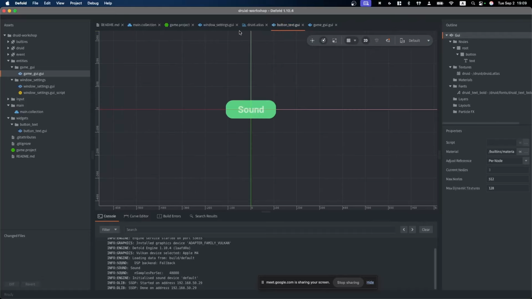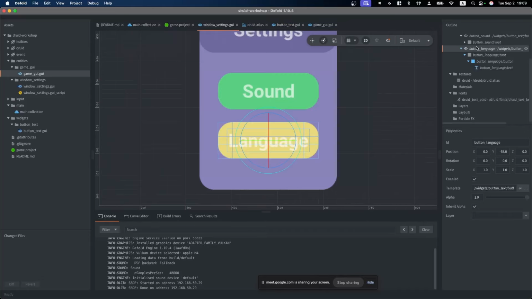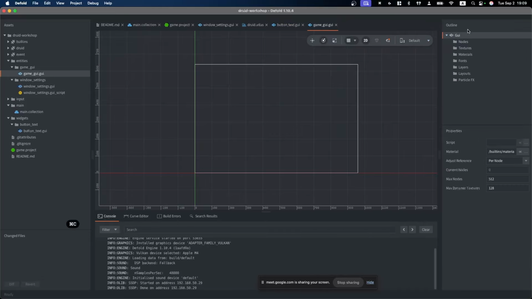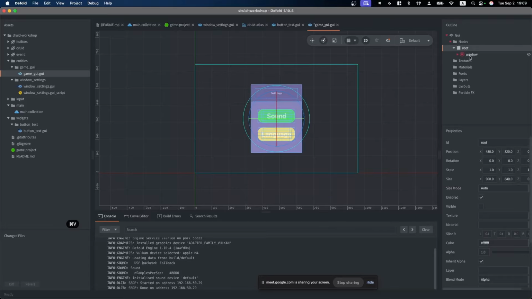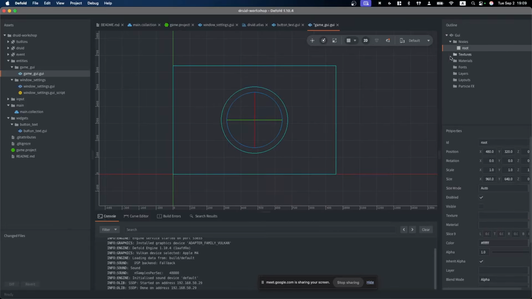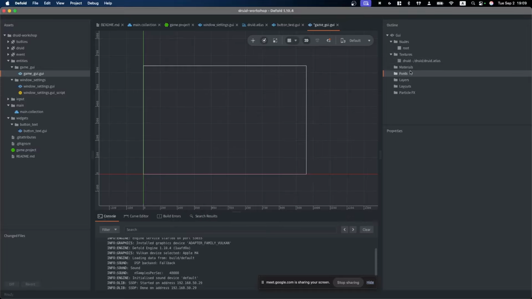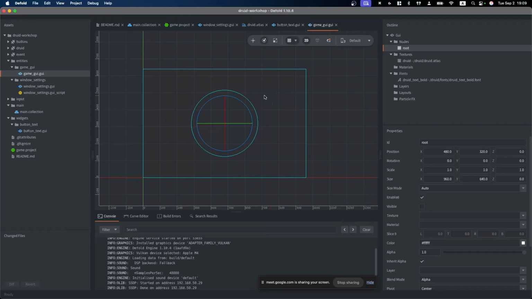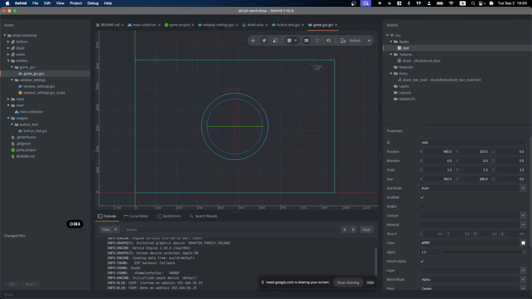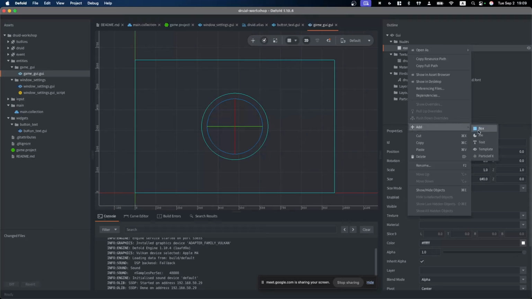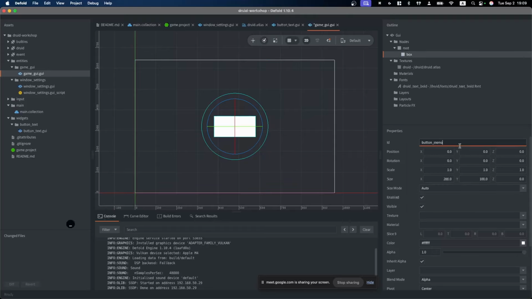we can even use the root node here. If we copy the root node and place it here, it will be placed with all of its contents, but we can clear it. Add our Druid texture and font, which probably will be used here. But what's the goal? We want to place a button in the right top corner. We can start with the button menu, which will call our window settings.